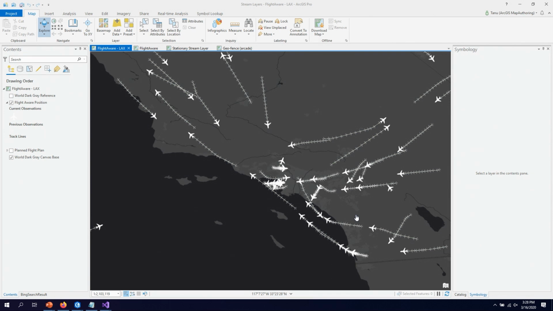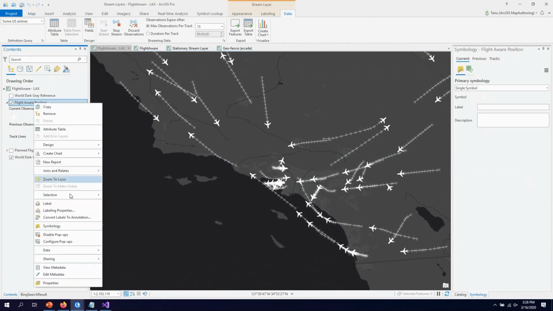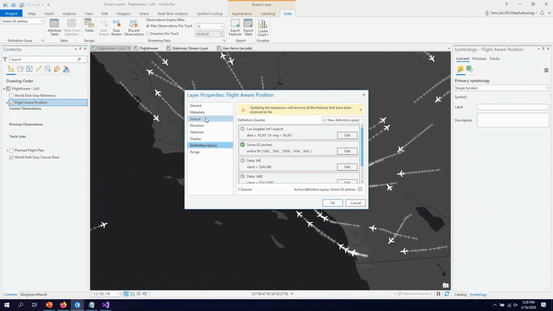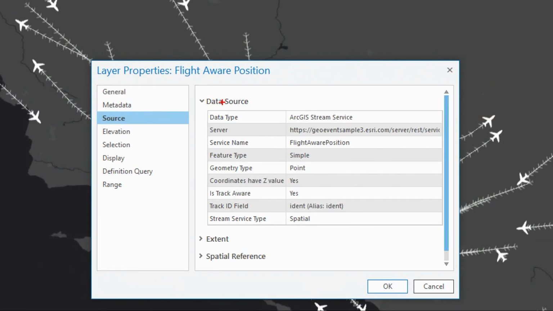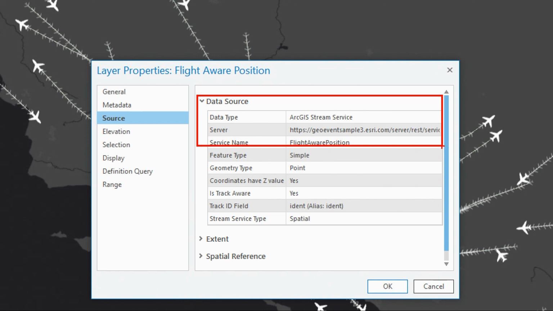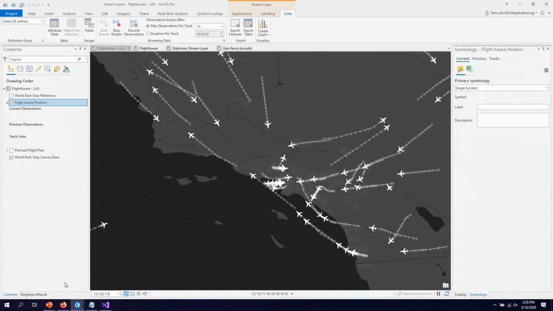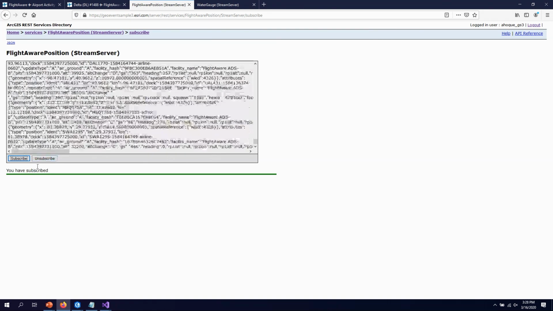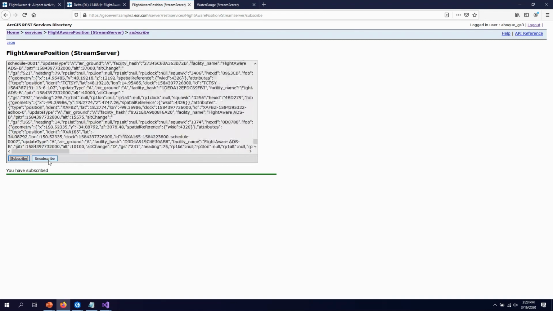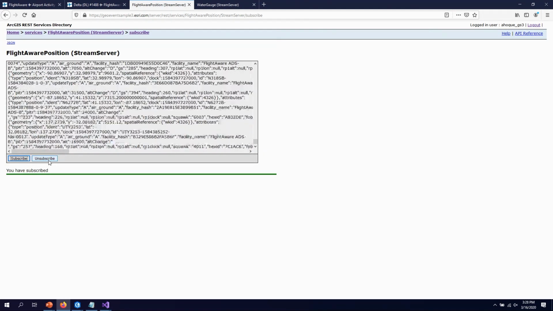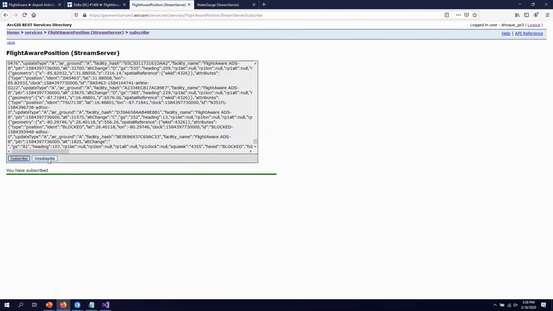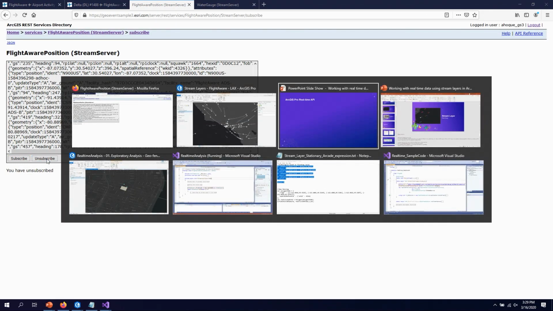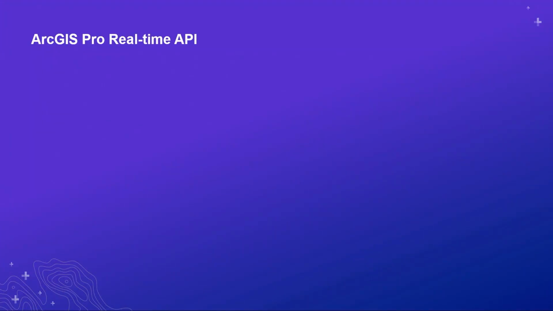To consume the real-time data, we introduced a new layer called StreamLayer. You can see the source of a StreamLayer is an ArcGIS stream service. So if I go to the stream service endpoint and subscribe to it, then you can see that all the data is being streamed at a very fast rate from there. So the focus of this technical session is the real-time API,